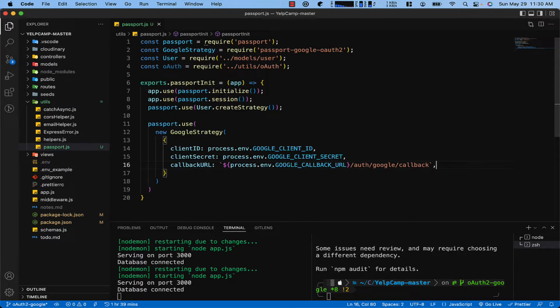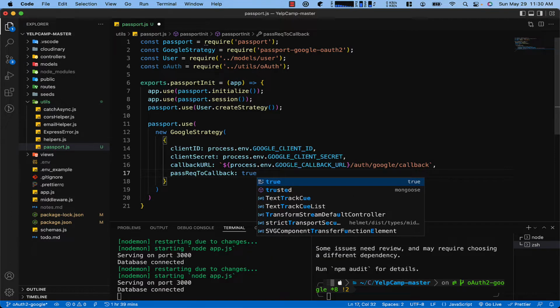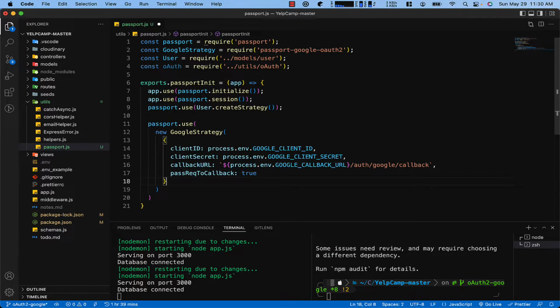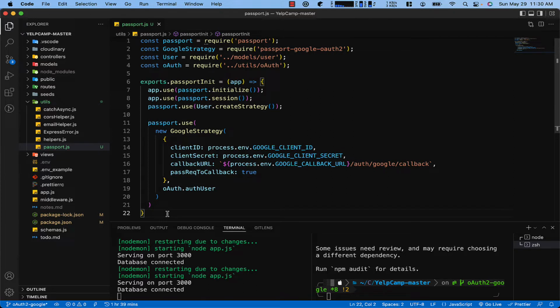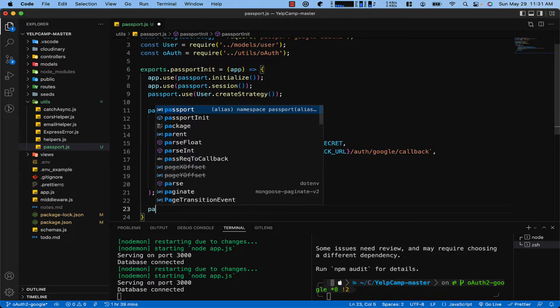So we've got these set up, and then the last one is passReqToCallback, and we're going to set that to true. That way we have access to things like req.session, req.user from the Google strategy. So after that, what we're going to do now is call authUser. Now that's that file that we haven't created yet, but we're getting to it. So underneath of here, let's see which one is it. It's going to be passport.use. It's this here. So we're going to call